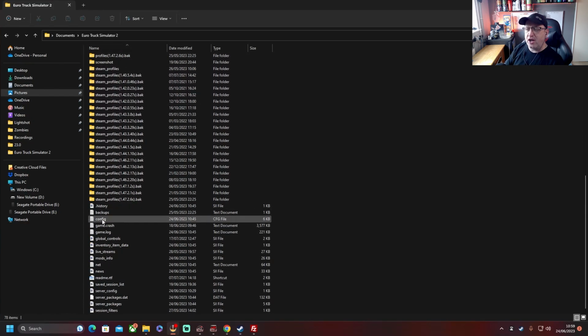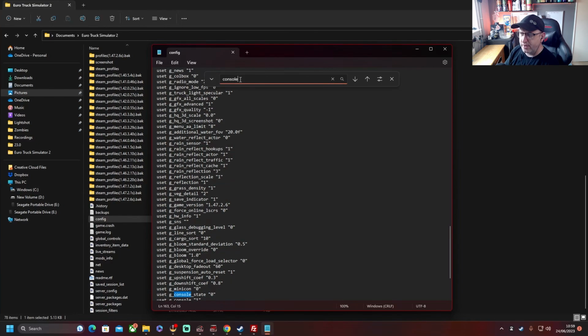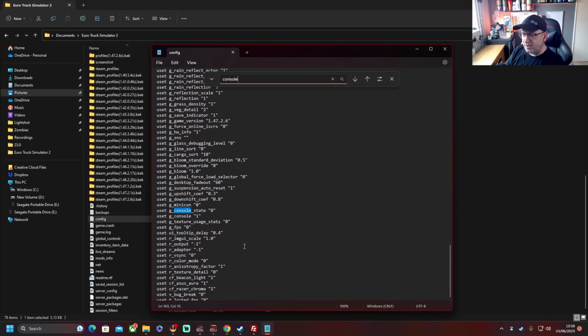You scroll down, you've got a config. Now you can either click and drag that into a Notepad or Notepad++. I just double click them and it opens in Notepad anyway. That's how I've got things set up. Now you can press Control F, not Control R, and you can type in here. If you type in console, press enter, it will take you down to where there's two consoles. You want this one,